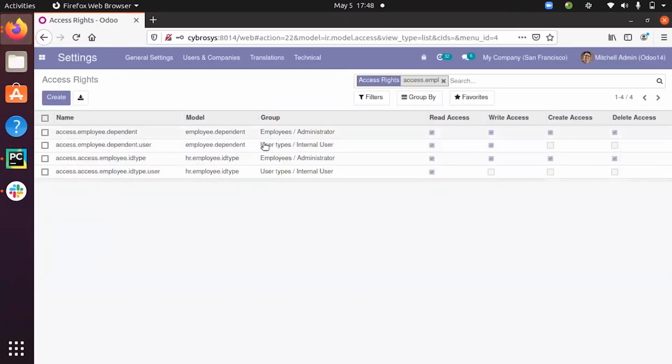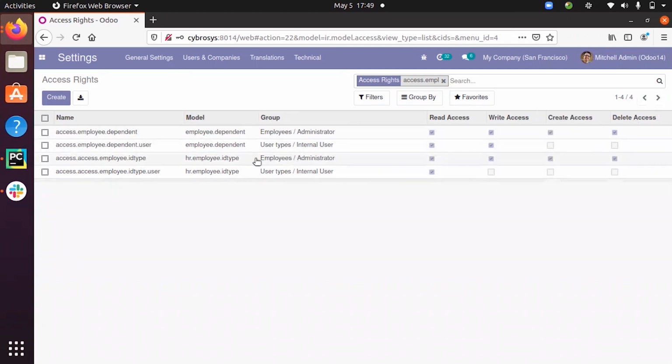So you can see for the first one, we have given read, write, create, delete access for the administrator, that is this group. And for the second user group, you can see create and delete access is not given.